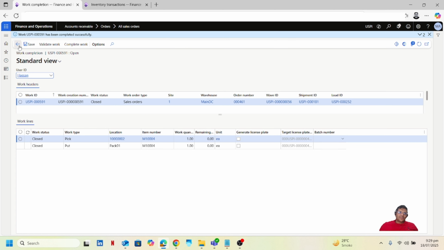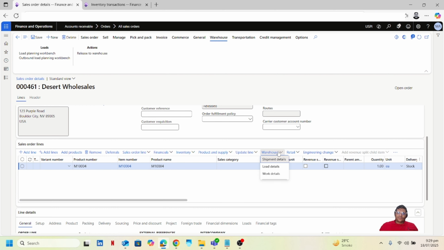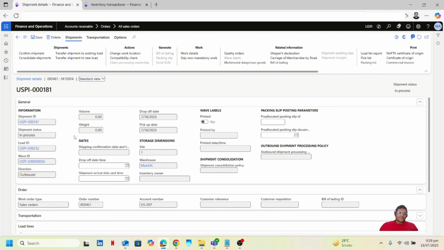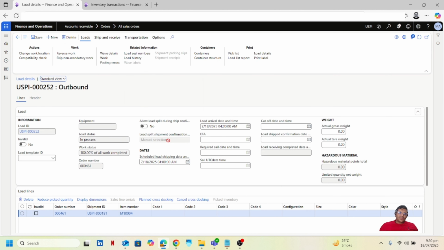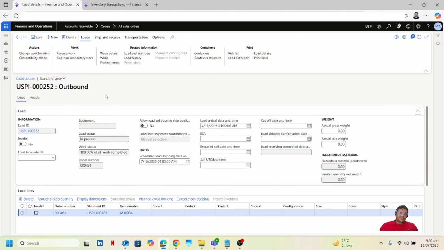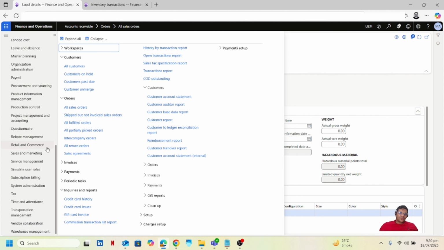Let's go back and check the statuses of the shipment as well. So the shipment is in process now, and if I click on load, the load is also in process status. So we will go back to the warehouse management module